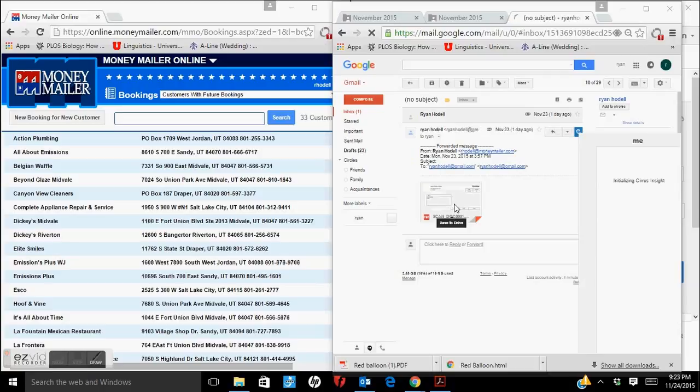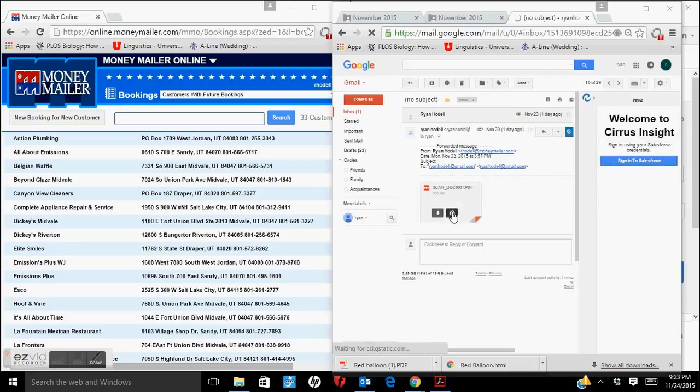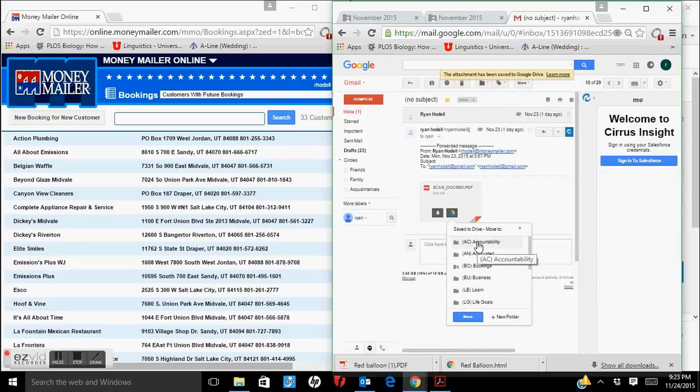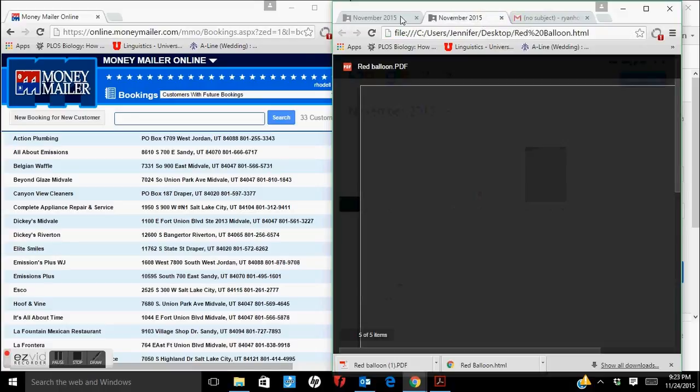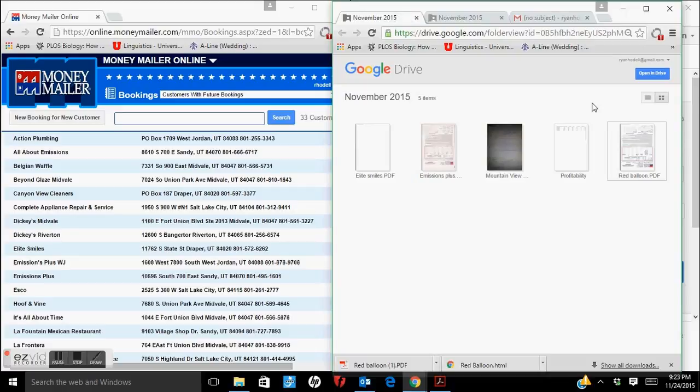Alright, awesome. And then I just want to make sure that you remembered how to save it into the Google Drive. So I'm going to go over that real quick. It looks like you've already done it with a couple, but. So you open up your email, and you click on the squiggly, and you click on move to, and then you move it to the folder and then the subfolder and hit move, and then it's going to show up in this folder like this. So you see it in the folder,